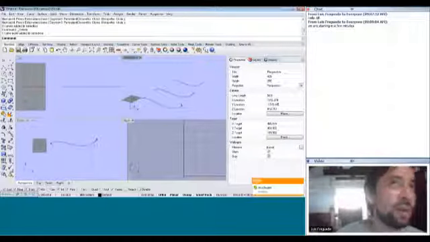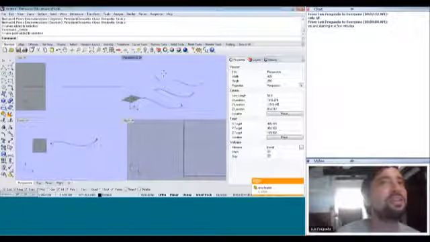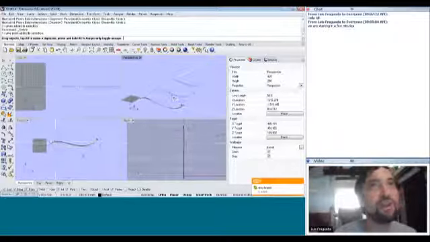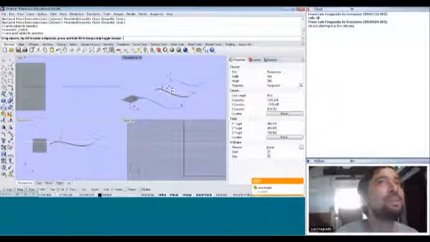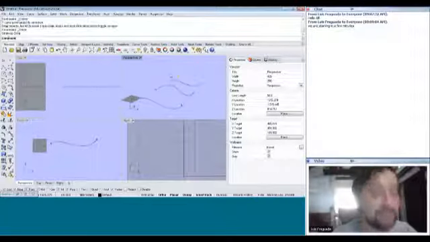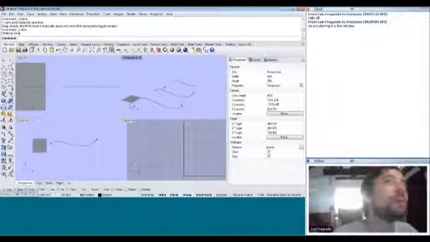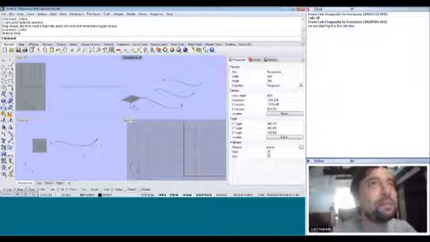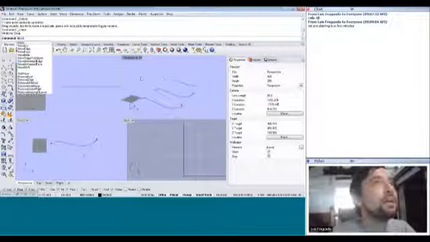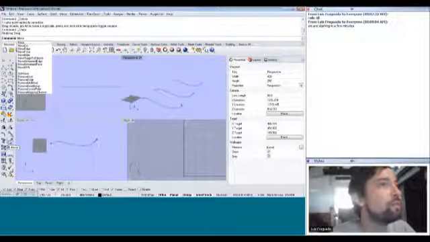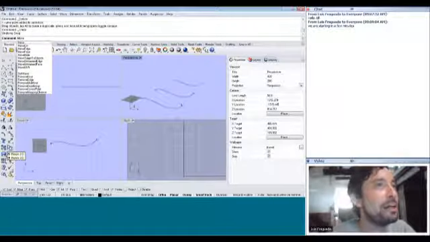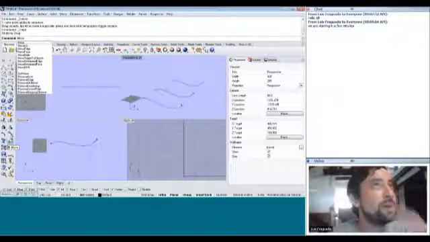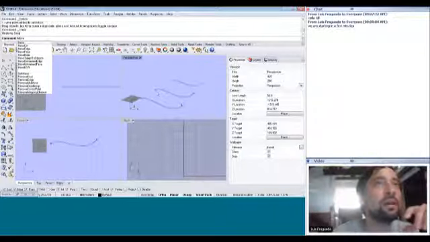But anyway, we can change the overall shape of the curve by selecting the point and moving it around, okay. We can move it if we just click and drag it, which is what I don't want you to do. It'll displace this point in XY, okay, because here we're in perspective view, and that's the construction plane. But what I want to do is move the point vertically, okay? And we could use the Move command. So I could say MOVE, which is also down here, around the copy, rotate, scale buttons. But if I say Move